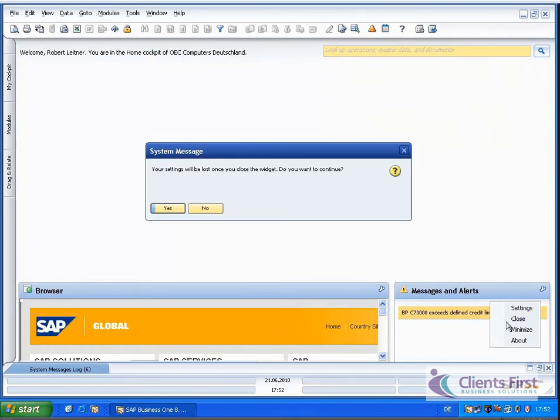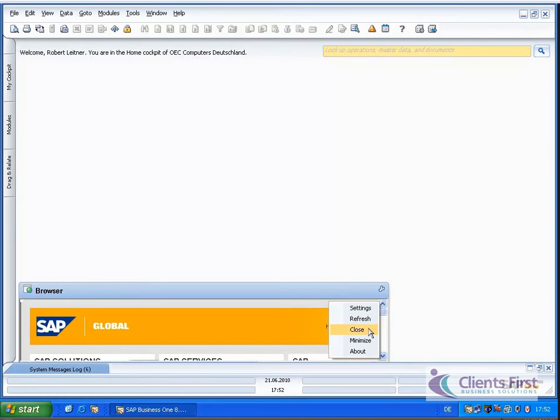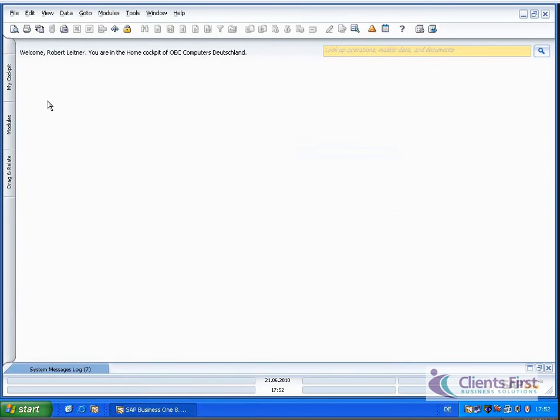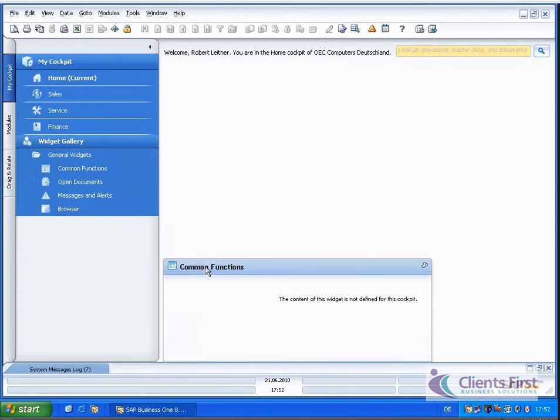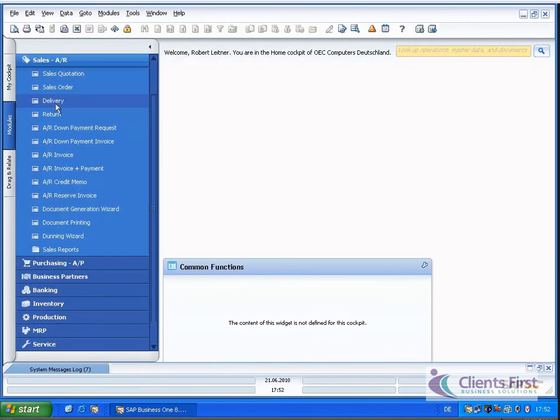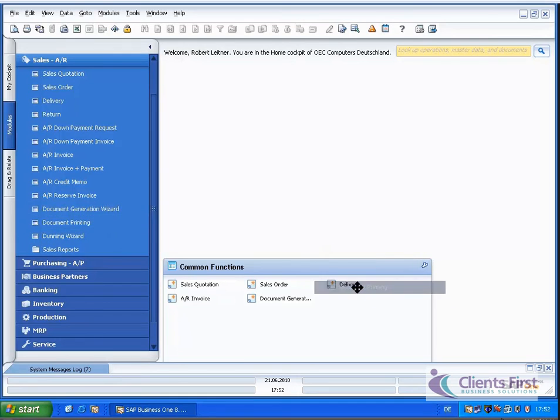And now let's clean up our Cockpit a little bit and close all the different widgets to show you how you can create your own Cockpit. So open My Cockpits, choose the Common Functions widget, drag and drop it in the Cockpit area, the widget area, and you can see here it's placed. Now the common functions need to be dragged and dropped as well from the modules menu. So pick the functionality which is most important for your daily routine, and drag and drop it into that common functions area,